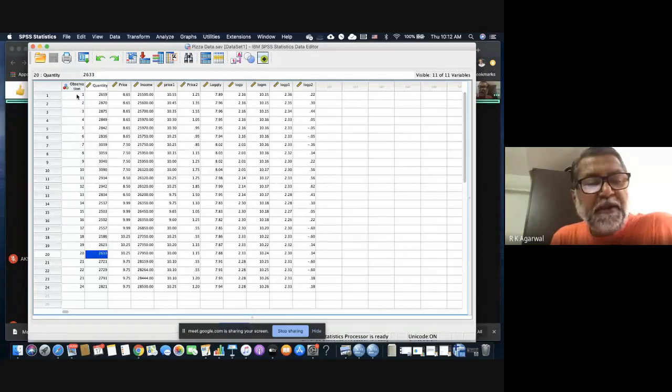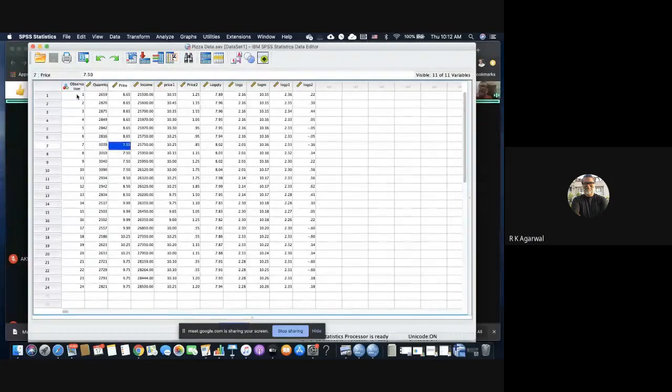These are the quantities. So what does this mean? On day 20, 2,633 units of a particular brand of pizza were sold. What does this indicate? 2,834 units of the pizza were sold. But at what price? At $8.5 per pizza. At this point, price 7.50 on day 8, 3059 units sold, and at the same price of